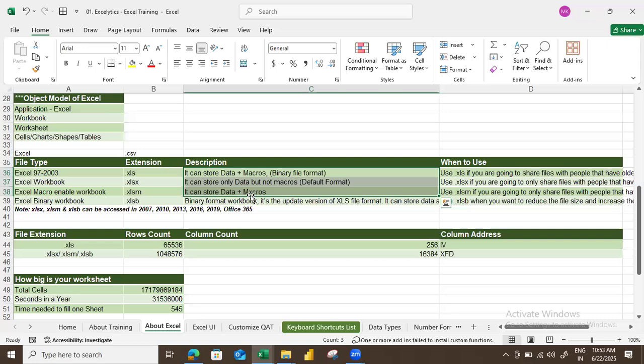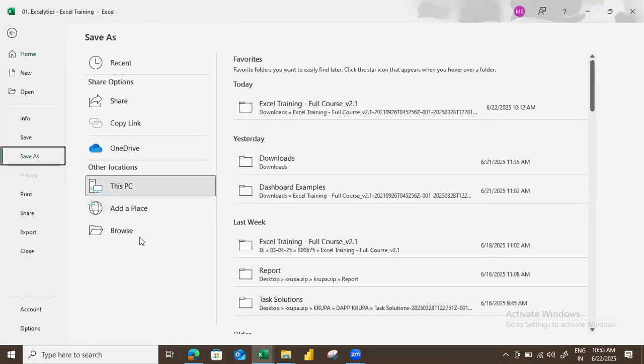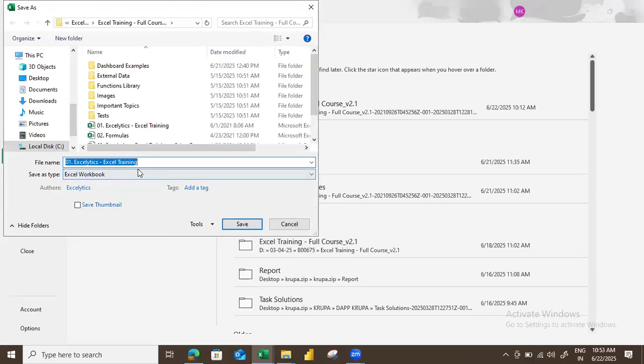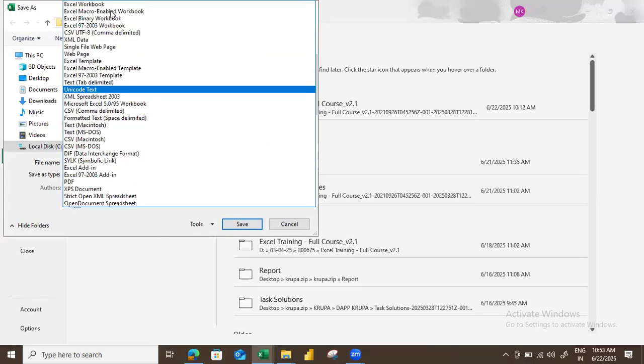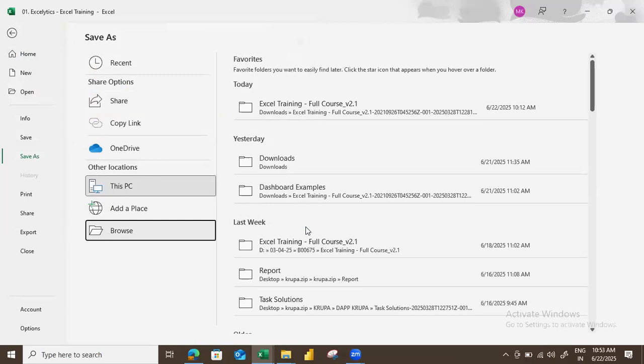So when you download a file, you have an option called save as, right? You save as that CSV file, and then when you come here, since this will automatically be CSV, you will have to change it to Excel workbook. If you want to work on the formatting,